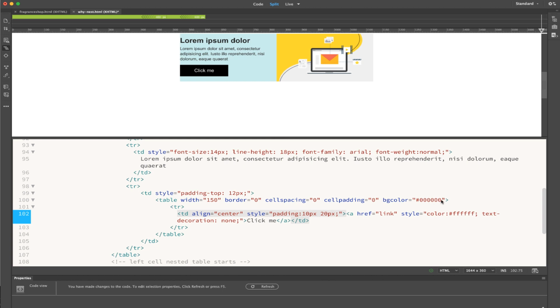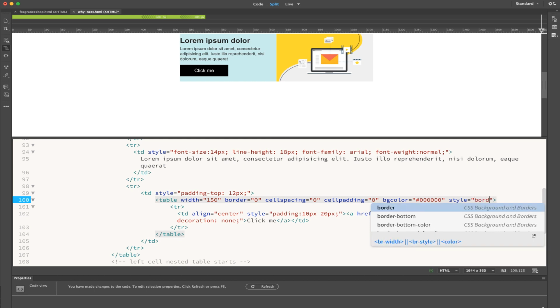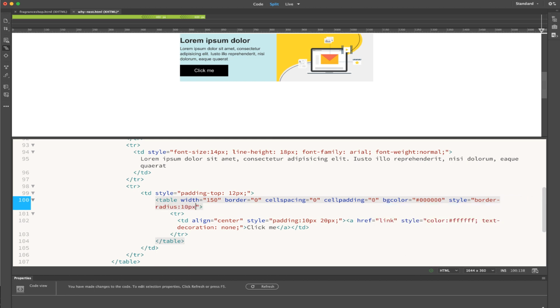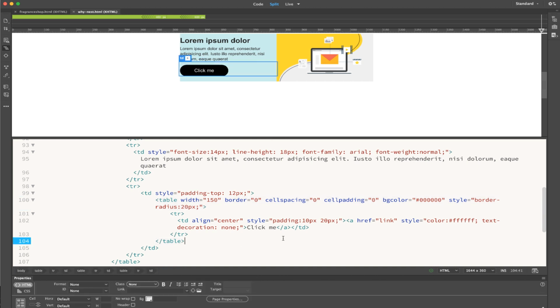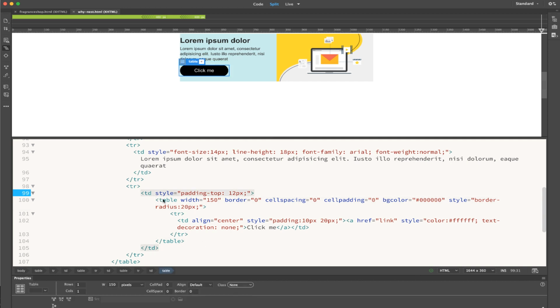so the border radius has to happen on here where the color is, so I'll do style equals, yikes, border radius to get the round on the edge. 10 pixels maybe. Refresh. Maybe more than that. Just wait here. Refresh. Okay. So that's what I'm saying, you needed to nest this table within this cell, because for you